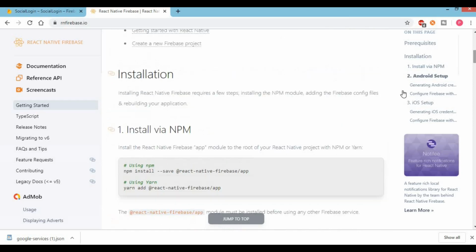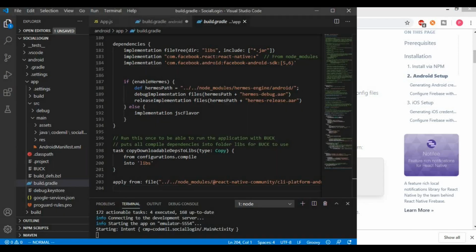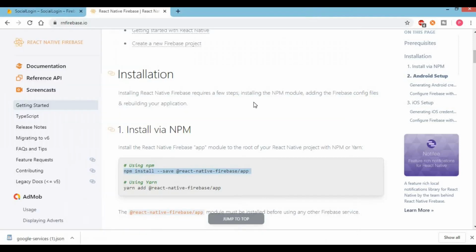To install this library, you have to copy this line and paste it inside your project terminal, just like that, and hit enter.